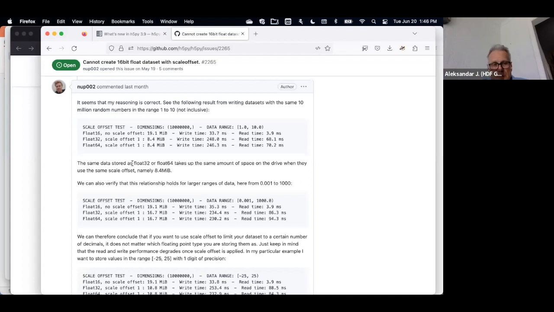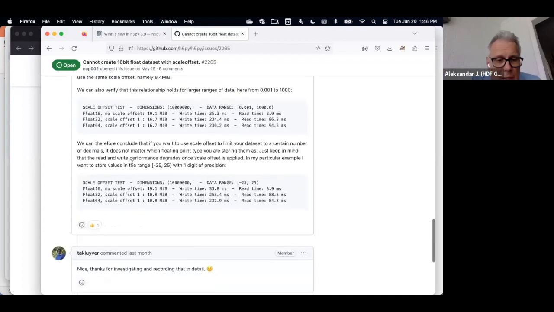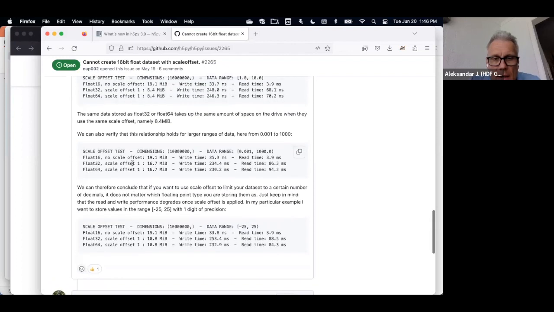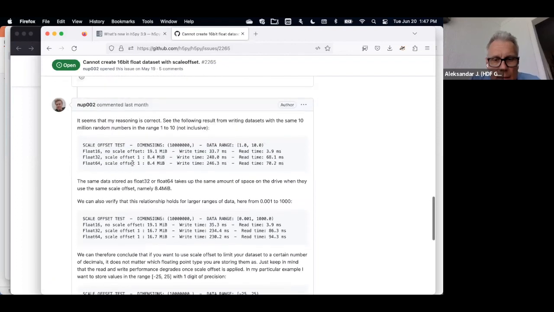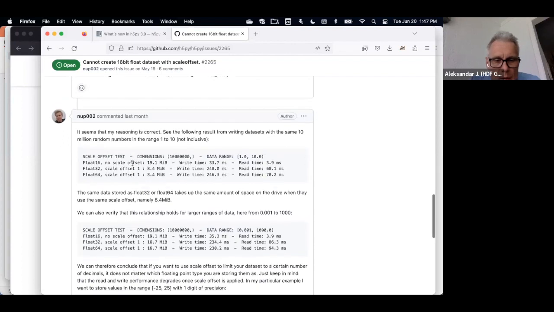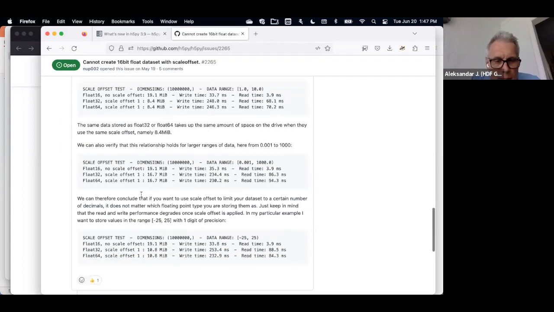And so that's basically that. It was interesting that he said, where was I, I saw that, something like, just keep in mind that the read and write performance degrades once scale offset is applied, which I mean, yes, if you want to apply a filter, of course that filter will take some time, versus no filter on the data.